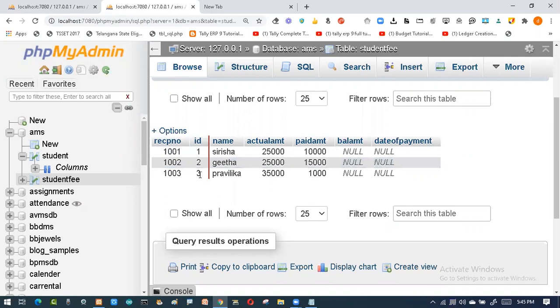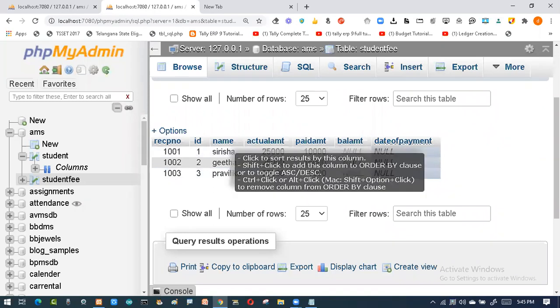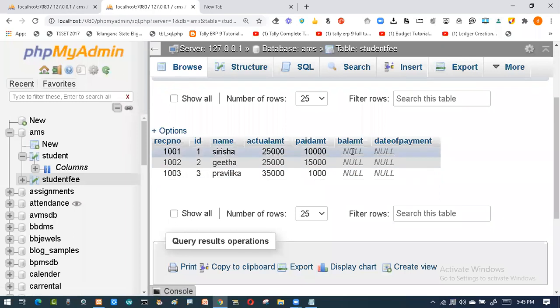Then Pravalika came, she paid the fees, and now my boss is asking that I want the total of how many have paid the fees, how much the balance is, and on which date they have paid. So you talk about the particular balance date. How much balance this person has, so that I can communicate with them. If clearance is not there, then I'll make them stop writing the exam. So like this, I'll be putting some criteria. So I want to know that.